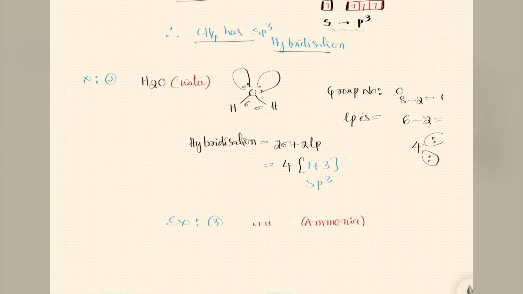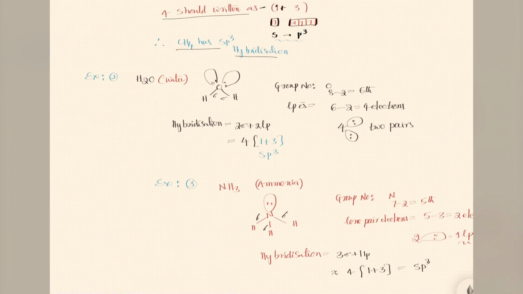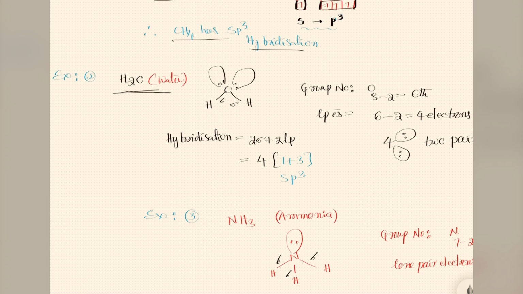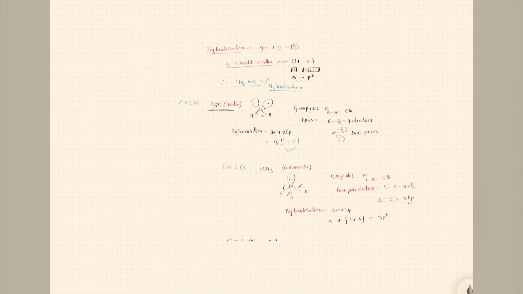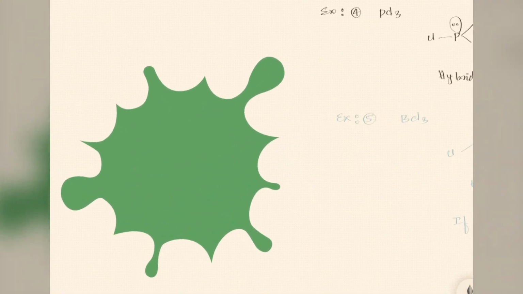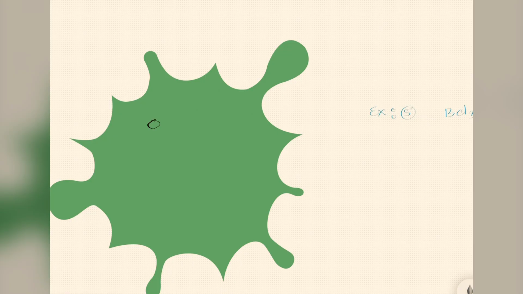Similarly, we will go for one more example: the water molecule. Water molecule structure: oxygen with two hydrogens. We can discuss the lone pairs of electrons. Now we'll go for the oxygen atomic number. We need to know the oxygen atomic number, so I will give you a simple logic to find this. For example, you don't know the group or atomic number of oxygen. Simply we can draw this oxygen and keep one more round. This is the atomic number.